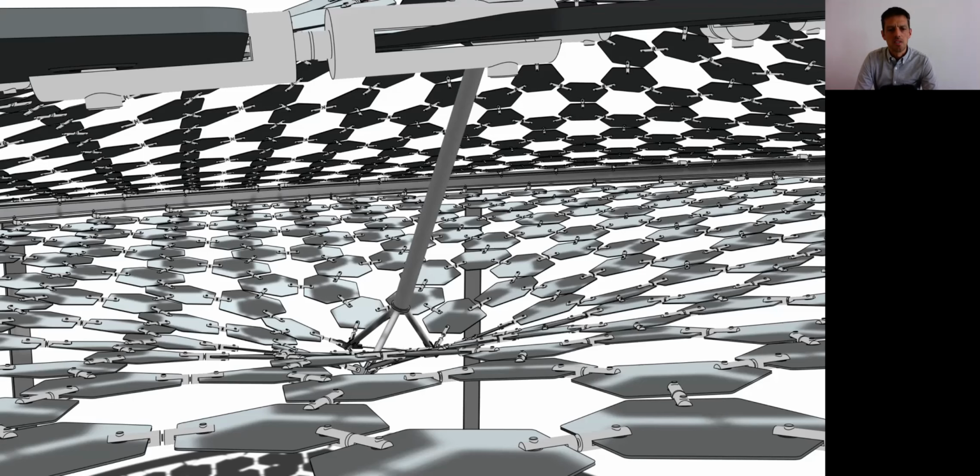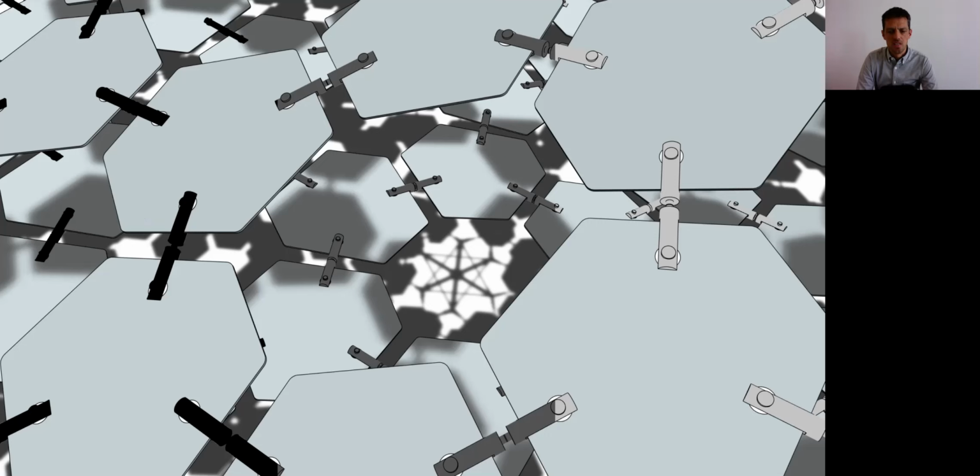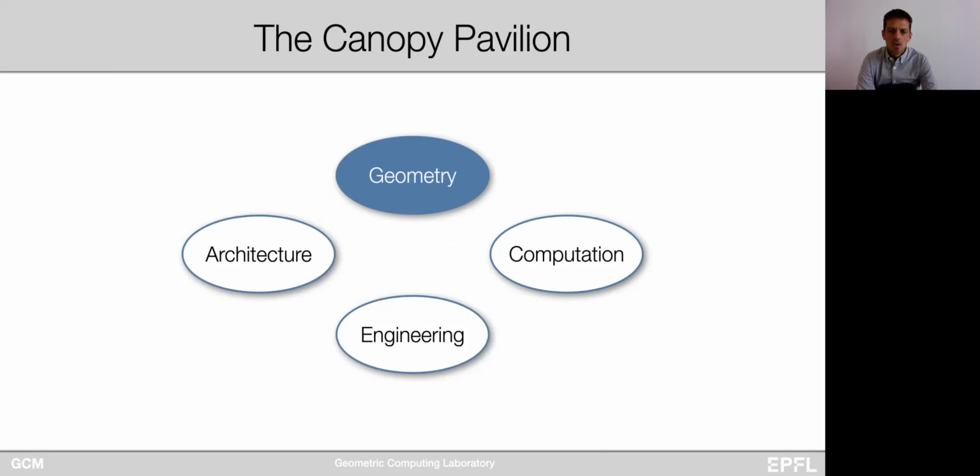So that means we wanted to design a permeable structure, an open structure that is composed of individual aluminum panels in a multi-layer configuration. So we get a sort of playful shadow, somewhat reminiscent of a natural tree, as you can see in these zooms in here. But this structure also has a very interesting geometry. And I want to start by giving you a little background on the geometric methods that went into the